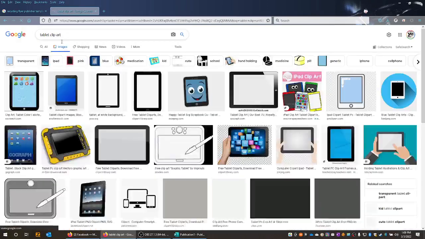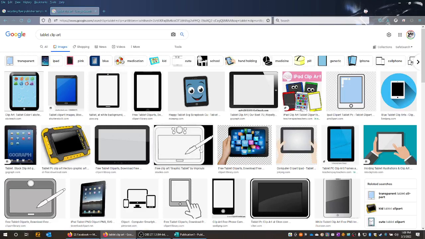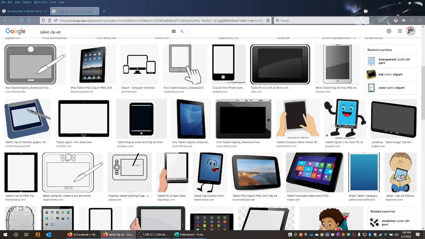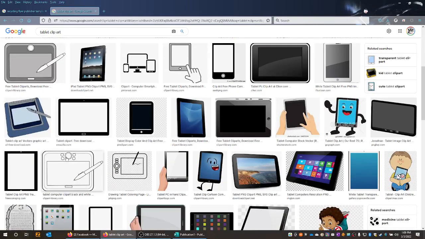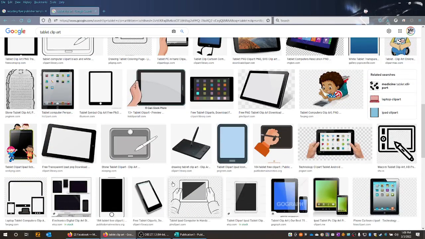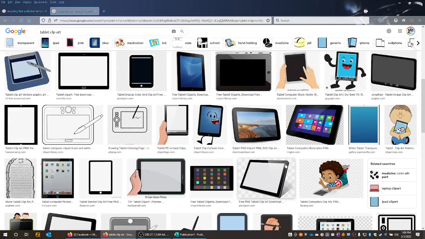Now, tablet clip art may bring up things that aren't tablets, like a stone tablet, for instance. Let's see, tablet clip art. So I think I will pick, oh, what's a good one to use here? I want something with either a clear or a white background. So for instance, if you see this,